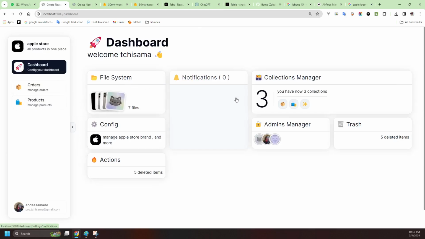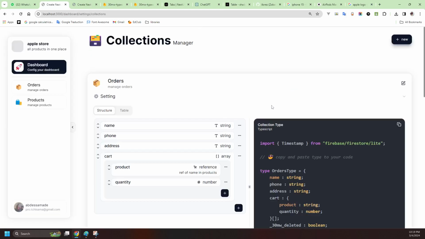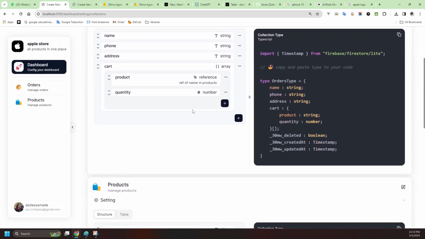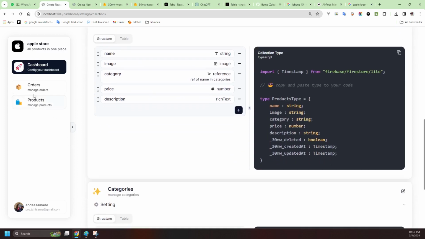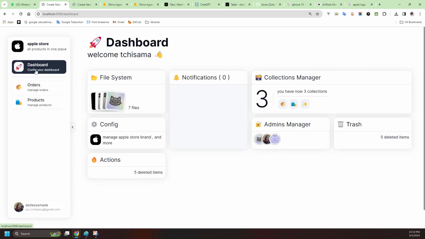Good stuff. I think we covered a lot today, but I'm not going to show you everything. The project is so big, I'm so tired to explain everything. We have a notification system, we have an admin manager system. We have trash. We have actions, you saw that before. So there's a lot of good stuff. So yeah,